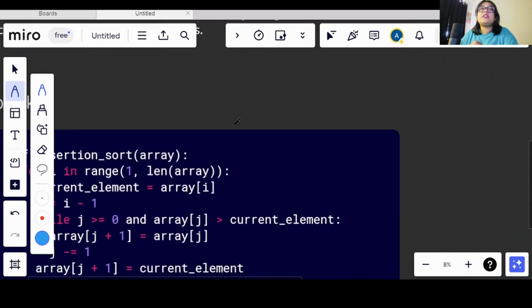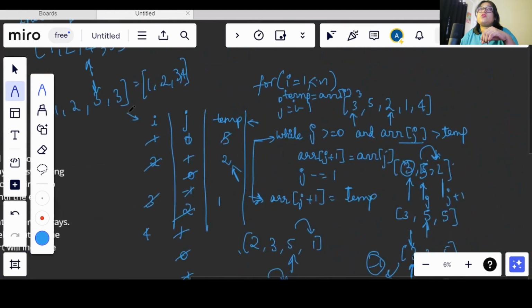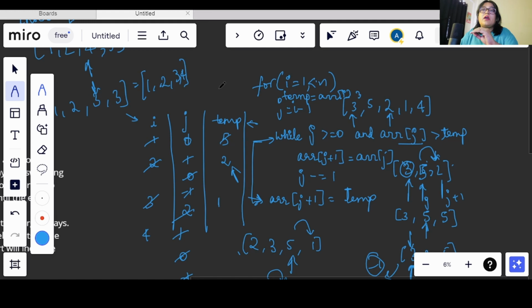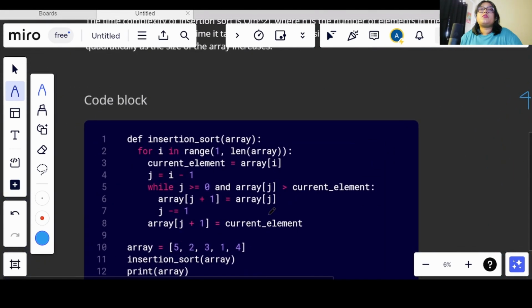Now let's see the code syntax. Okay, so this is the code syntax we saw here, right? The pseudocode we got here was for i starting from 1 and going till less than n. Then we were storing a temporary value here, and j was getting assigned. We were checking if j is greater than or equal to 0 and arr at j is greater than temp or not. Then according to that we were inserting the value, and j was getting reduced, and again we were checking. Out of the loop we were inserting the value at the j plus 1 index, and after this we will get a properly sorted array.